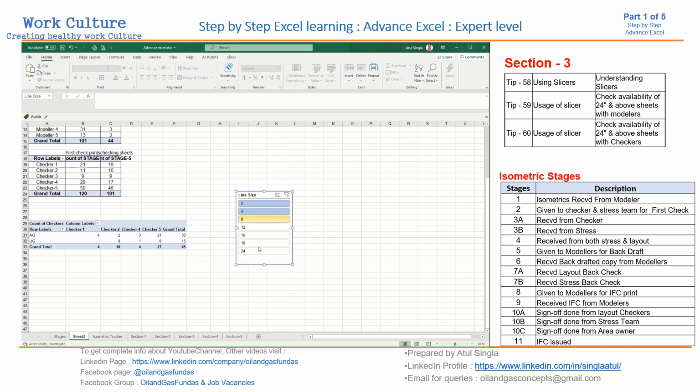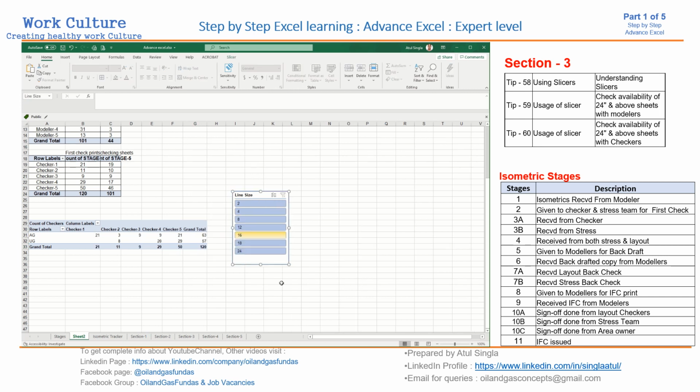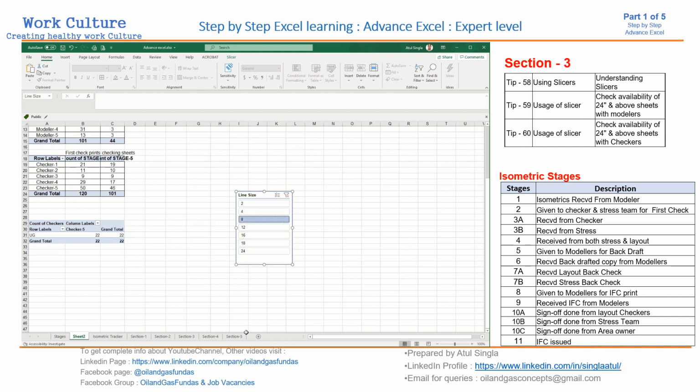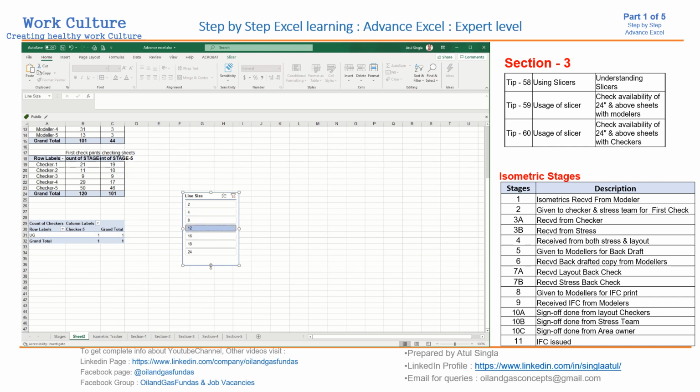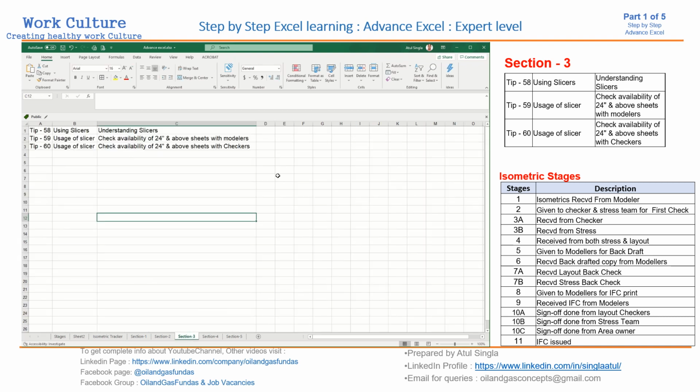So you can see here, there is no filter, all 120 sheets are there, and if you want to see any size, 8 inch size or 24 inch size sheets, with whom it is there, this is also mentioned. So you can visually see and it will always remain here with you. You can see you are talking about 4 inch size only. So a slicer, you can use it as a filter only. This is how we can create a slicer and use the slicer.